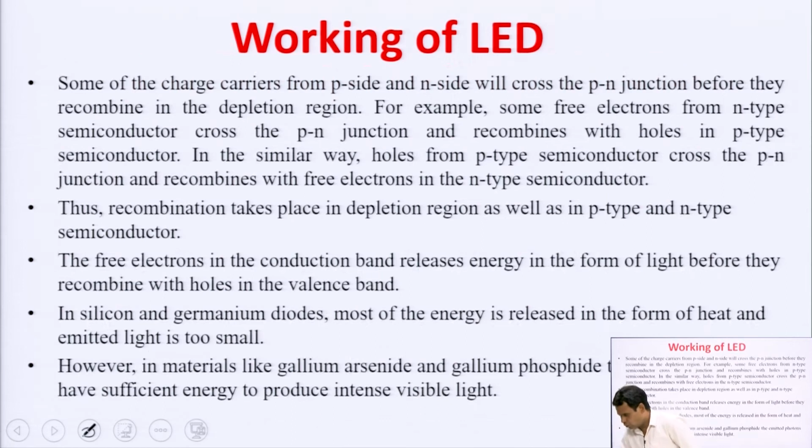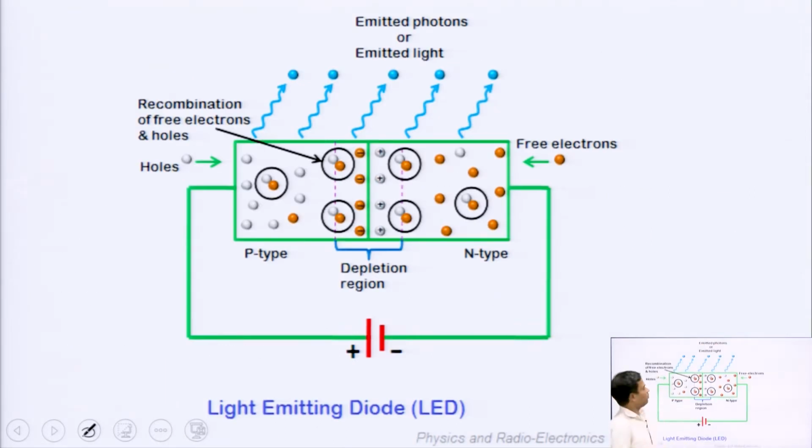Now, the working principle of the LED. I am going to discuss it using this graph. Guys, all of us know that in an n-type semiconductor, electrons are in the conduction band, that is at the higher energy level. On the other hand, in a p-type semiconductor, holes are in the valence band, that is at the lower energy level. When electrons cross the